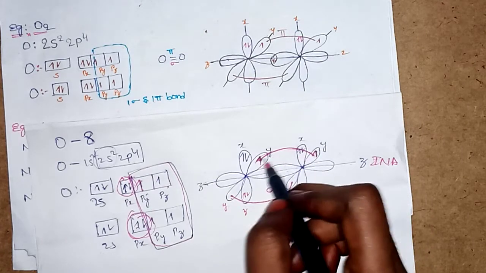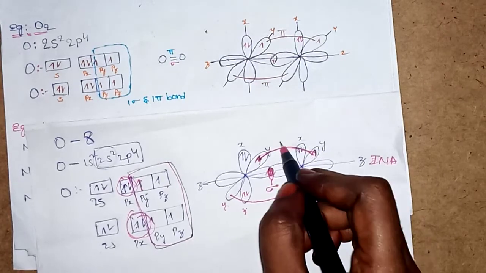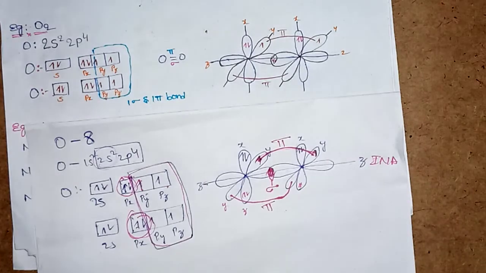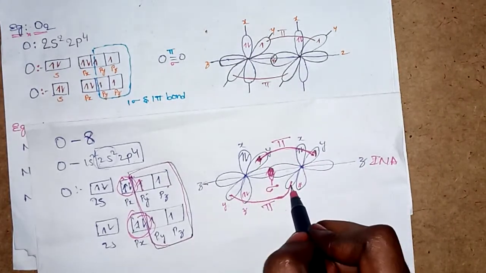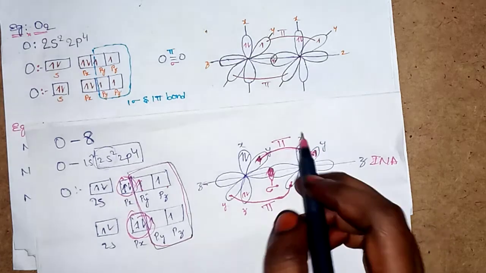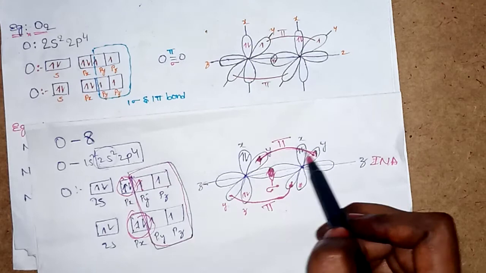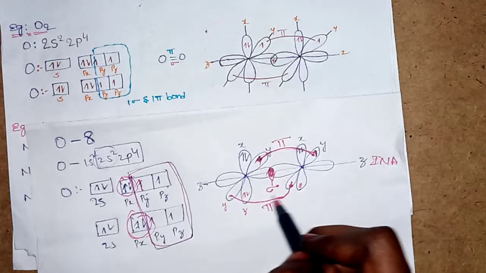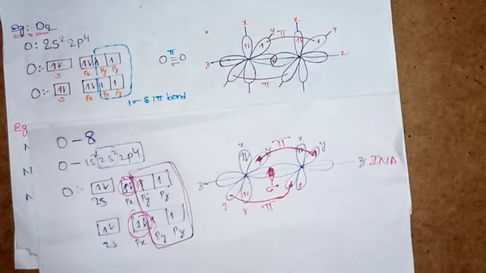Next, two orbitals are involved, na. So this kind of overlapping we call a pi bond. Why do we call it a pi bond? Because four lobes are involved here. The identification of sigma bond we already discussed in previous videos. Four lobes are involved, na. Two overlapping zones are involved, na.